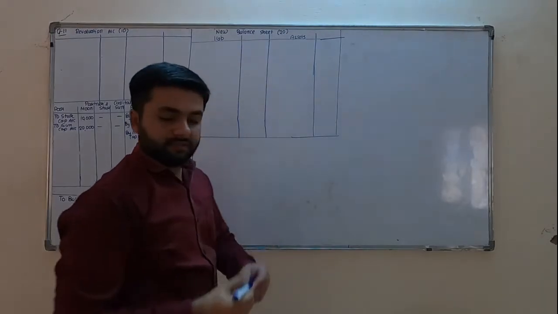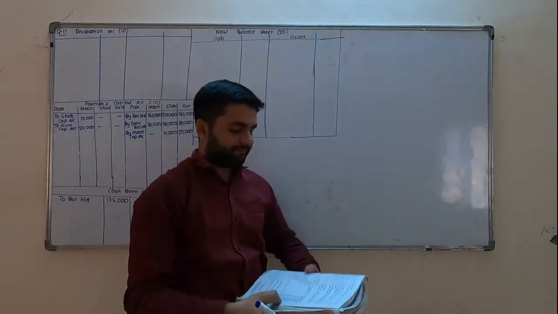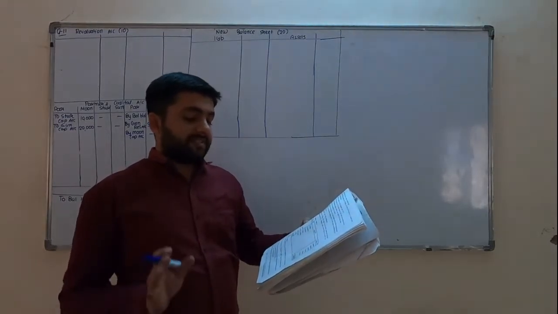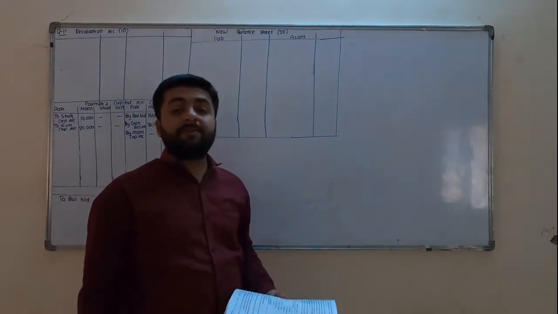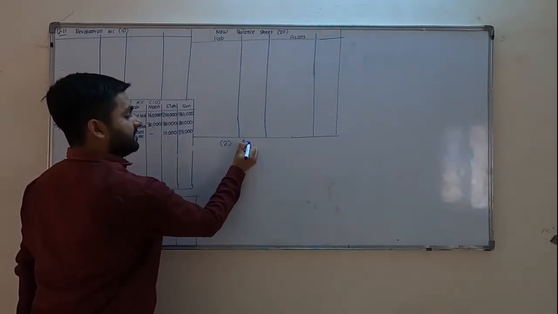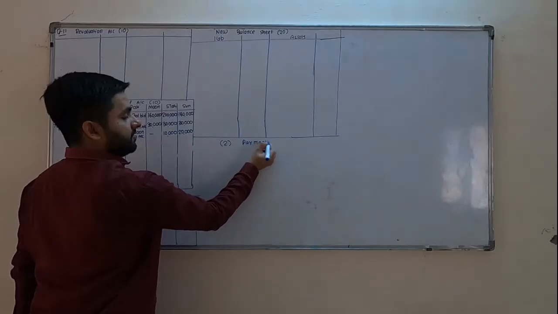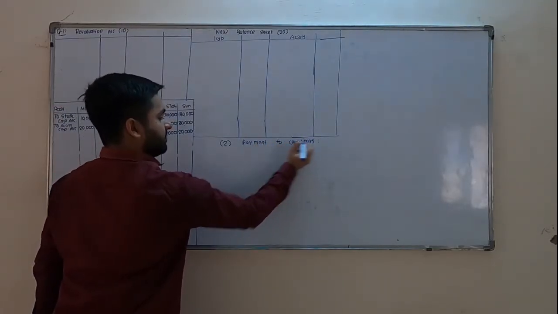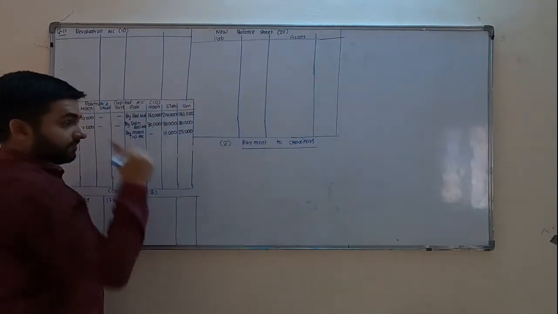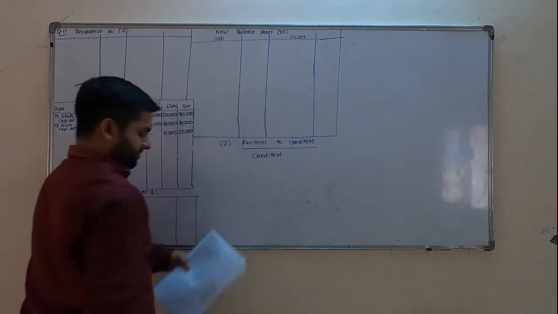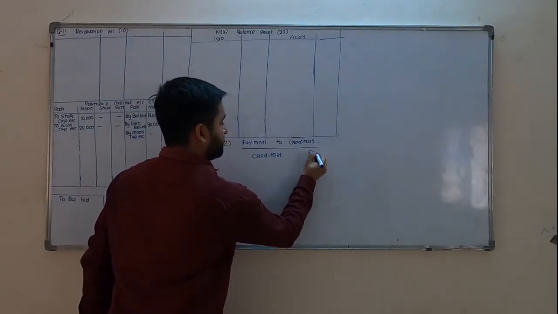Now we will go for the number 2 adjustment. Creditors are payable after 1 month, which are to be paid immediately at 12% discount per annum. So the second necessary calculation is about payment to creditors. Okay. Now we will write creditors are ₹60,000